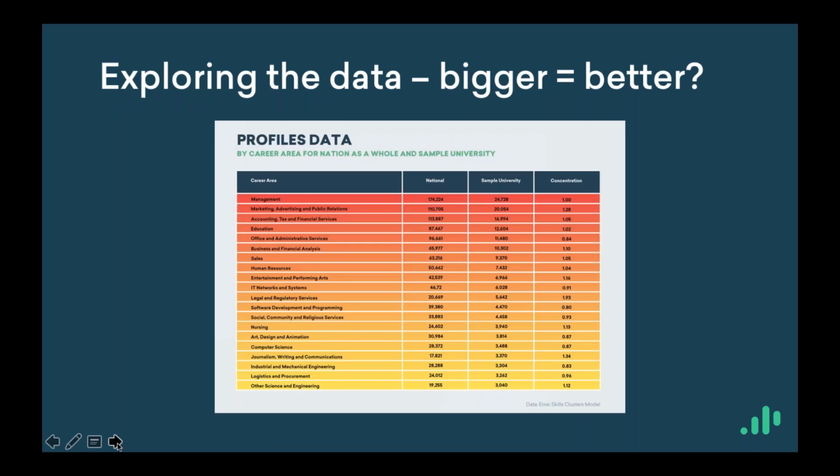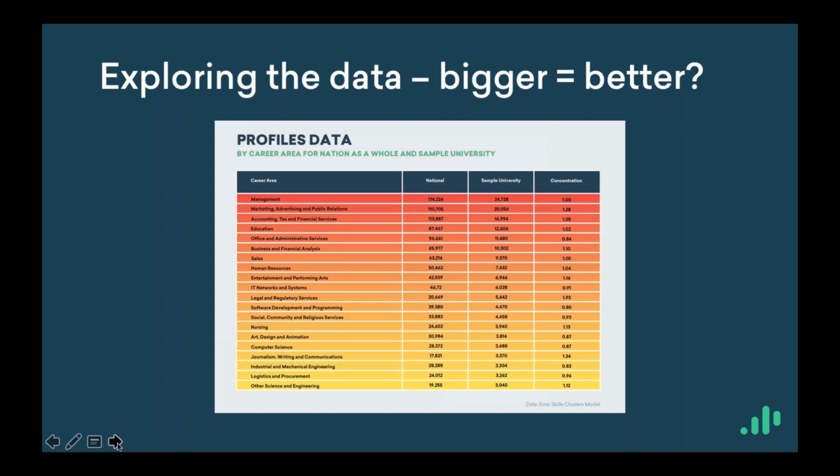Next example, for that same anonymised university, they were interested in knowing how they compared in terms of graduates spread across different career areas. So we've looked at the volume of their profiles, so the volume of graduates working in the labour force across Australia. And then we looked at the concentration, so how did they compare in both overall volume terms, but also in concentration or proportion of the workforce. And what we see on screen here is that